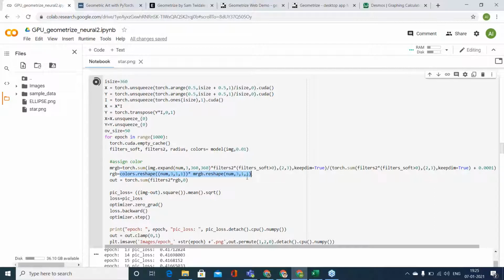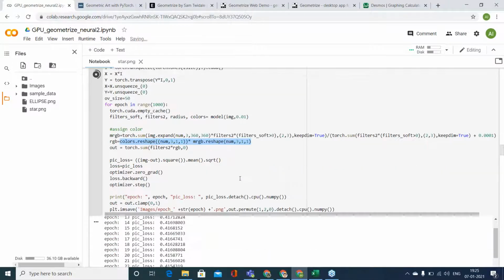How does it calculate the RGB value? It takes the target image and the area over which that shape is present. It takes the mean of RGB values and assigns that color to that shape.